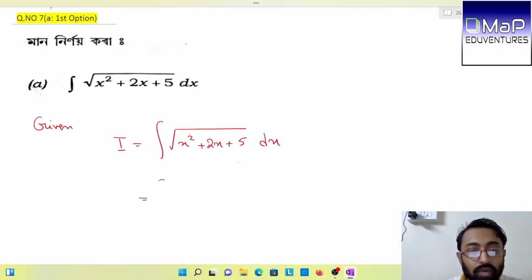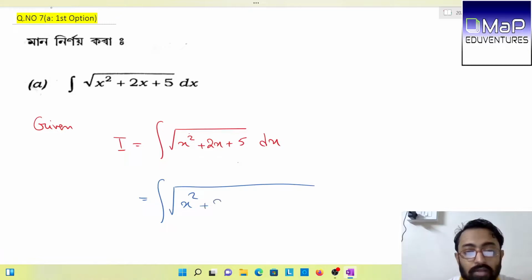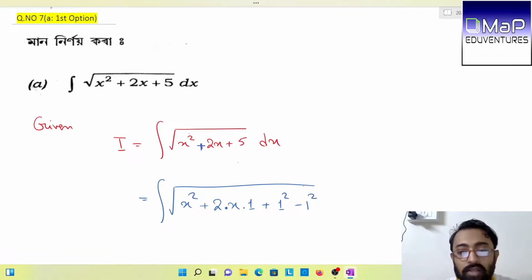So now we will start completing the square. x square plus 2 times of x. Here we have taken plus. 2 times of a or x, it has to come into 1, because we need twice x. So plus 1 square. Now cancel this 1 square as minus 1 square plus 5